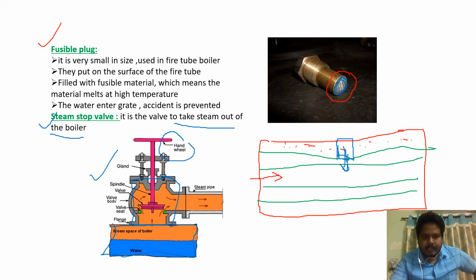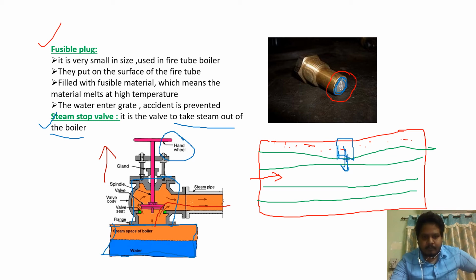Here you can see the hand wheel. When we rotate this hand wheel to take out the steam, it will be lifted upward. When it is lifted upward, the steam will come out from the shell. Suppose I want to stop the steam, again I will rotate the hand wheel.